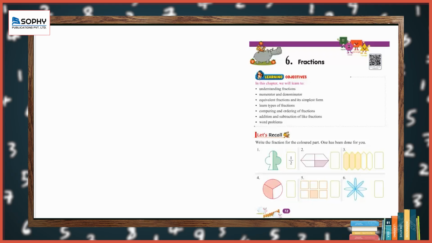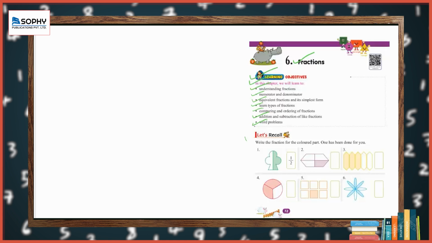So today we'll be starting with our very interesting and very relatable topic, that is fractions. Now let's look at the learning objectives. In this chapter we will learn how to understand fractions, their numerator and denominator, how we can find equivalent fractions and the simplest form, and how to learn various types of fractions. We will compare and order fractions in ascending and descending order. Then we will add and subtract like fractions, and after that we will solve some word problems related to